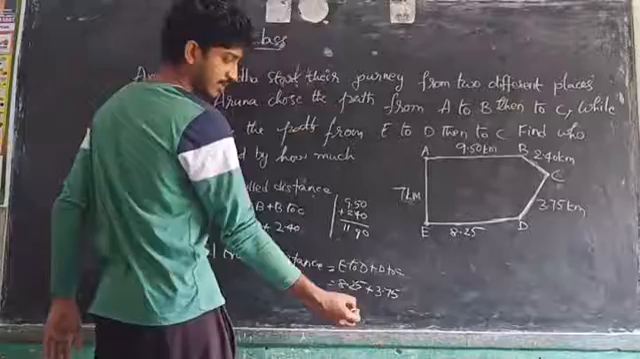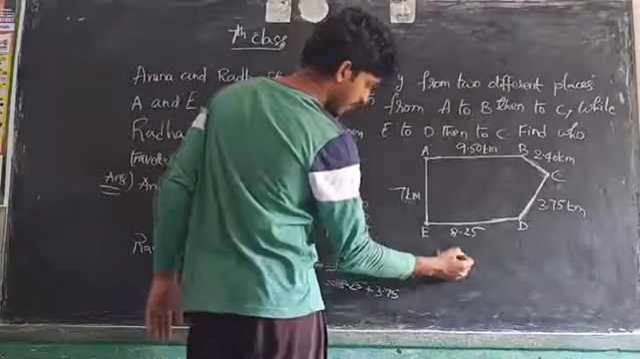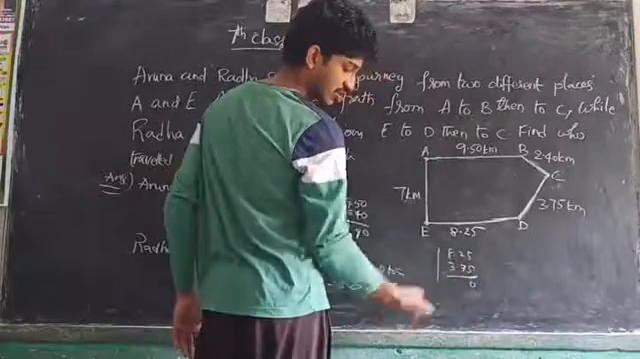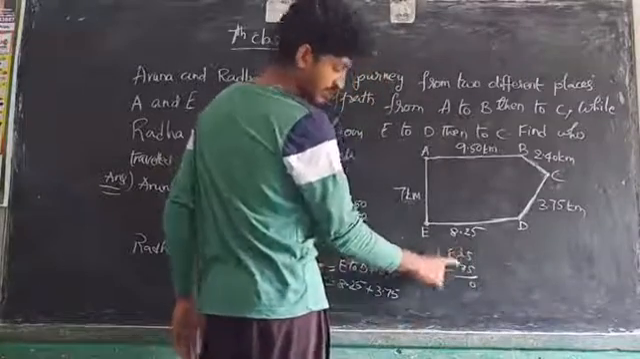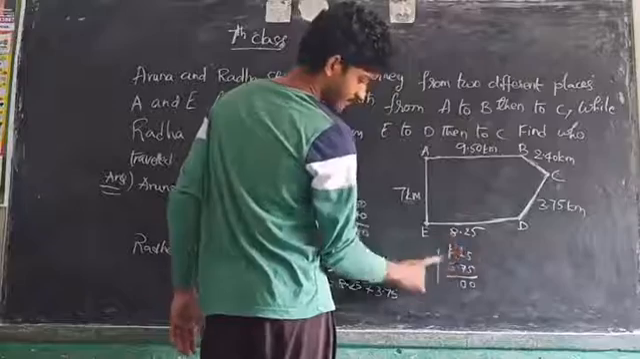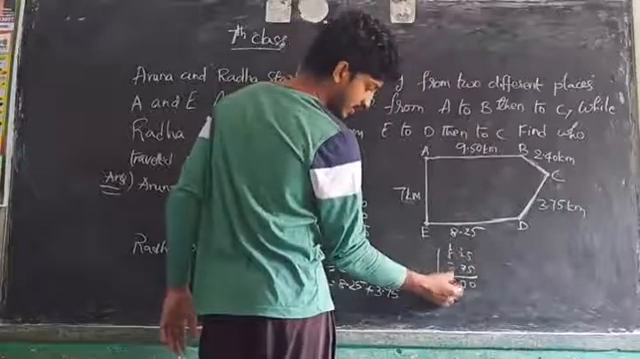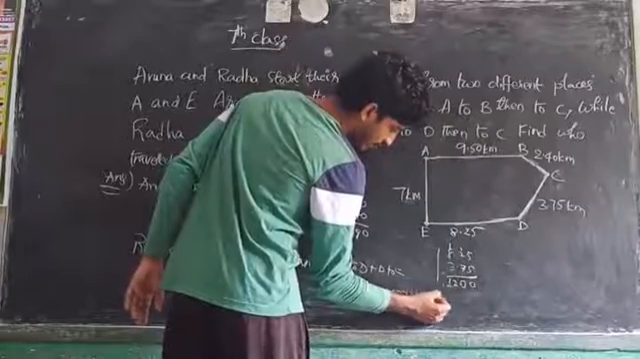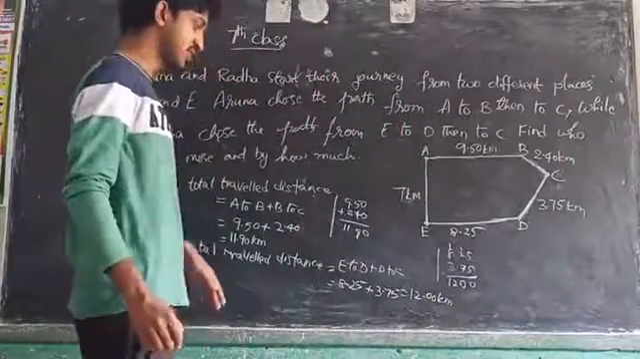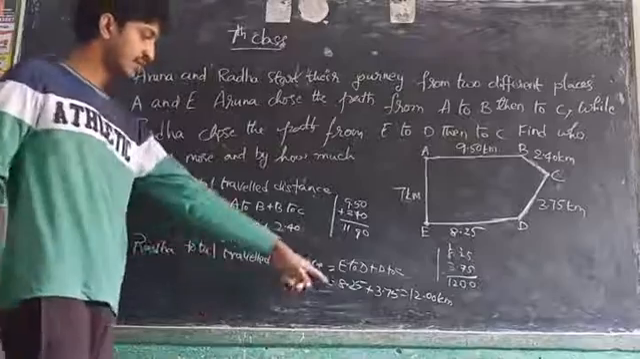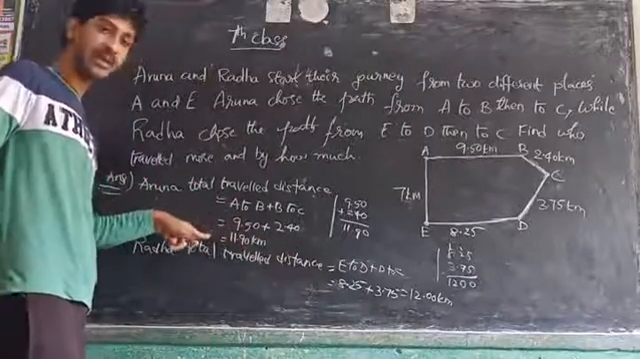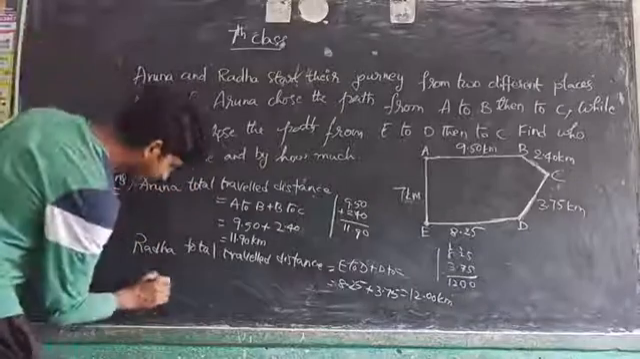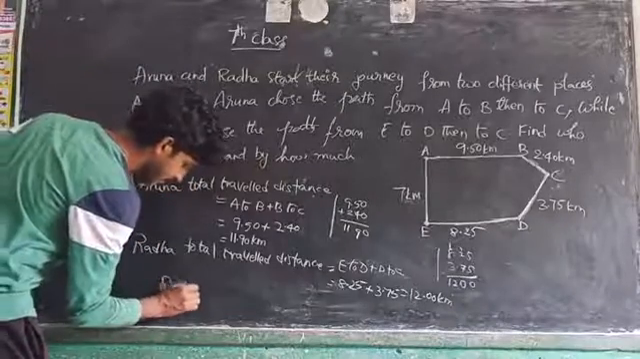Now add these two numbers, 8.25 plus 3.75. 5 plus 5 is equal to 0. 4 plus 2, 3, 3 plus 7, 10. 1 plus 8, 9, 9 plus 3, 12. So she traveled 12 kilometers. Which is more? 12 kilometers is greater than 11.90 kilometers. So here it is asking who traveled more distance. Radha traveled more distance